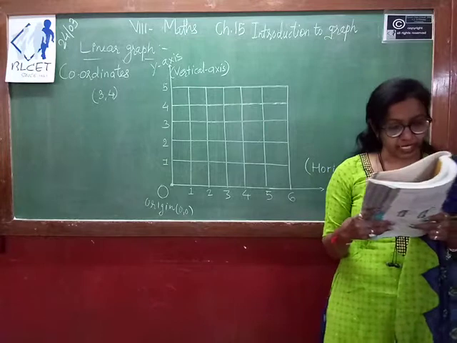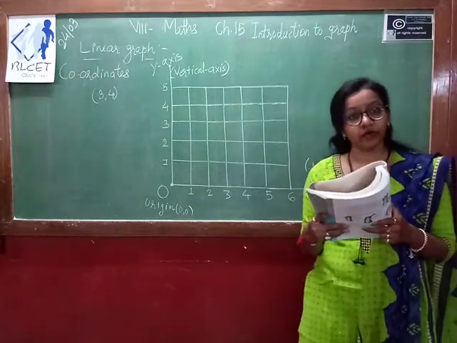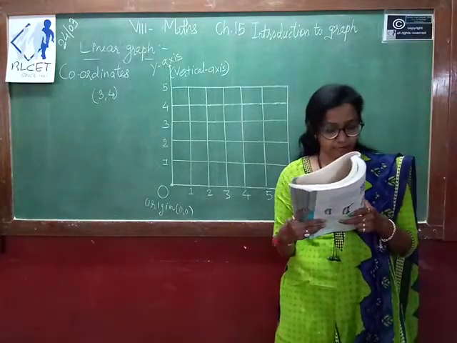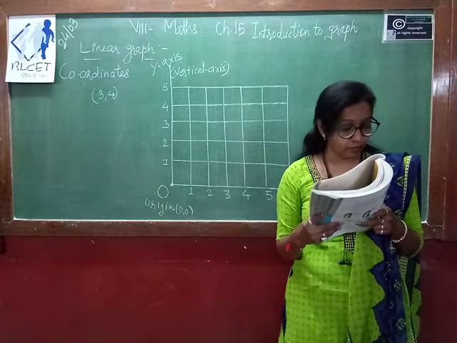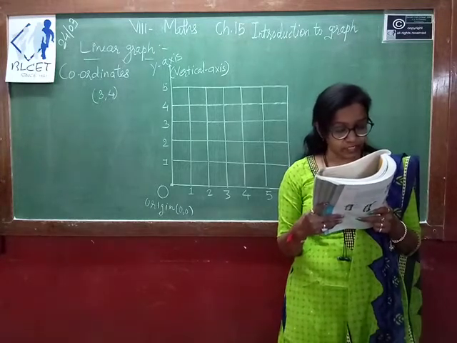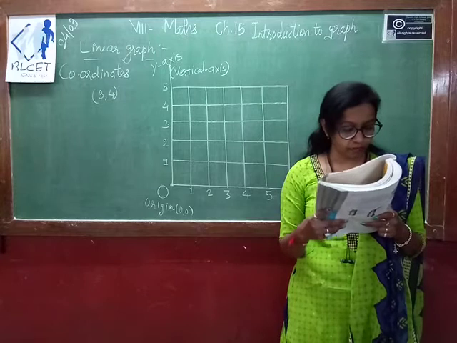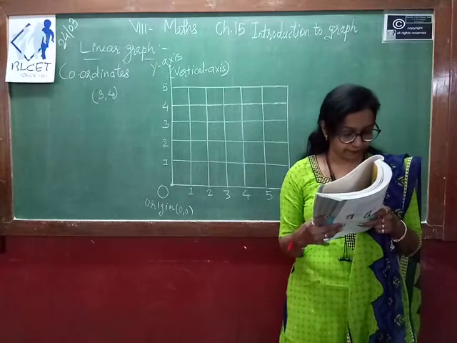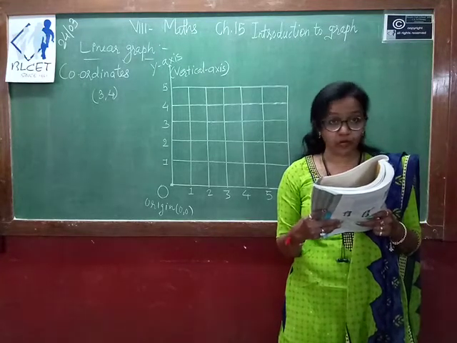In the same way we can represent the location of a point on the graph paper. Observe in the figure how the point 3, 4, which is 3 units from the left edge and 4 units from the bottom edge, is plotted on a graph. The graph sheet itself is a square grid.